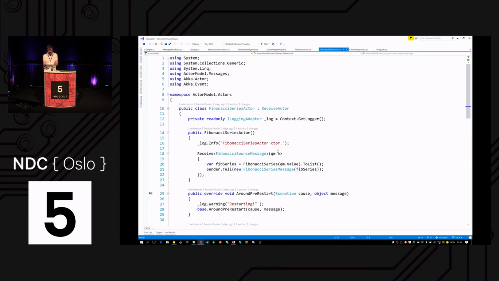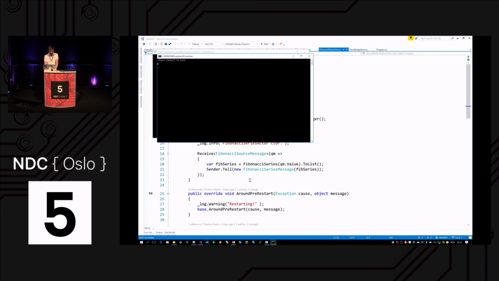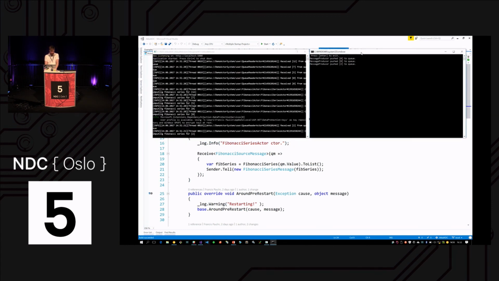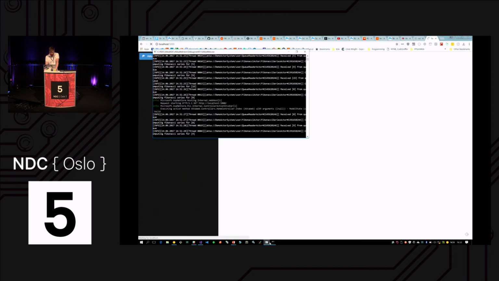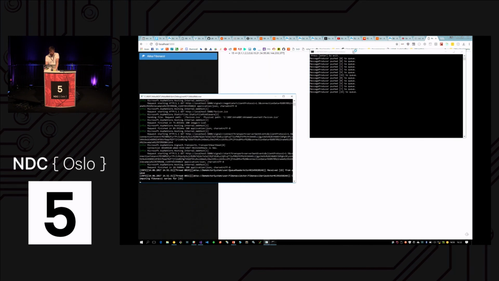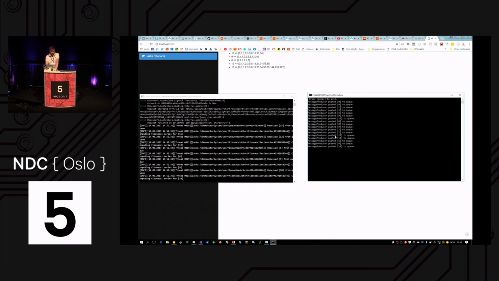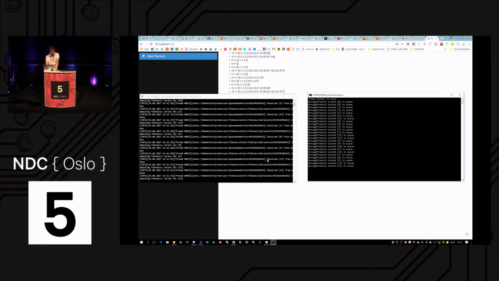So if we were to run this, well, we can do that first. Then we can see what it looks like. So you can see that this is now pushing stuff to the queue. And you can see that they're being received and they're being computed at the same time. And hopefully a -1 will appear soon. As luck would have it, this seems to take a while, but that's the joy of random numbers. But if we wait a little while,